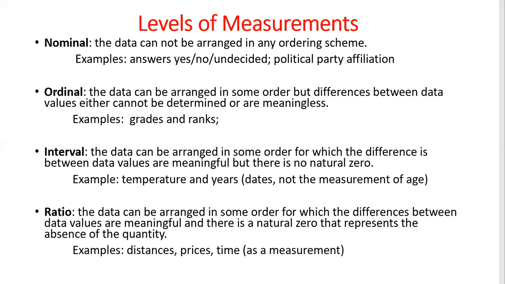So if we compare Celsius versus Fahrenheit, they have different zero values. It's arbitrary. It's not a natural zero. There is only one scale that has a natural zero, but since we don't use it, we actually use different scales. Temperature is an interval type of data. Also with years, again,